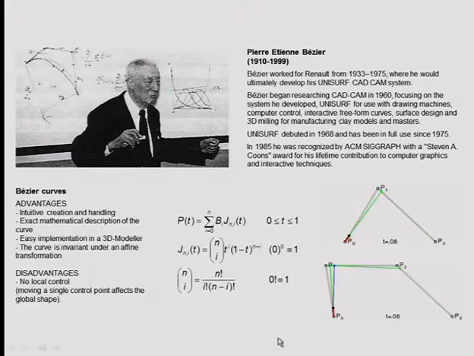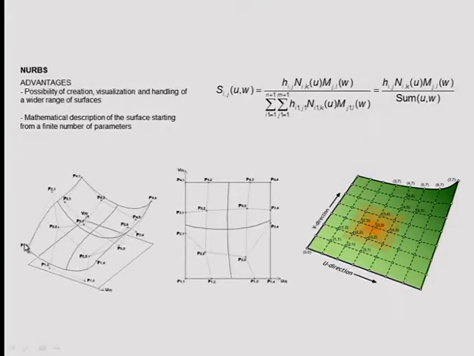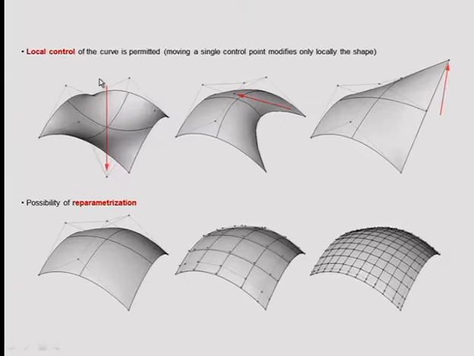And using Bézier curves and surfaces, they were actually able to have some parametric drawings which allow them to modify them in real time. B-splines, you know that because in CAD we use that. And even when we go to the 3D version of the NURB surfaces, we've got a very high local control. So I've got control points which define a surface, and if I push this down or pull that in that way, you see that I have local control on the surface, and this is very good because it's a